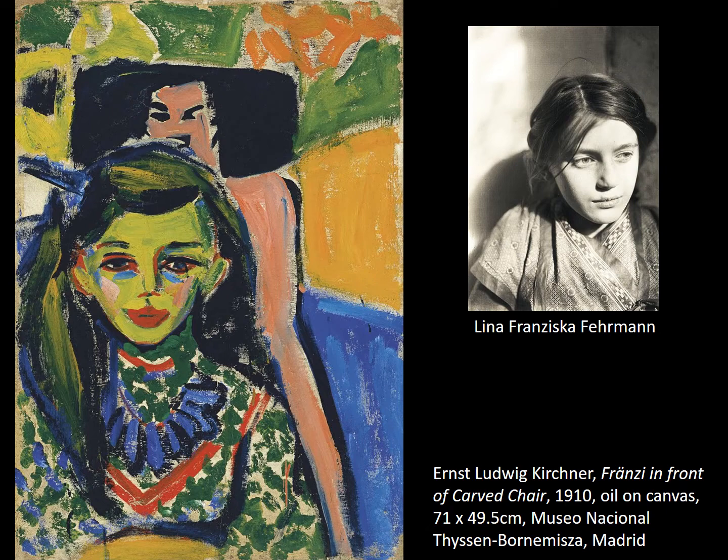Another picture that dates a little bit later gives us more ideas about how Kirchner was working as an artist, and particularly how his studio worked. The picture is called Franzi in front of a carved chair. And this is a girl who, along with another girl whose name was Marcella, started hanging out at Kirchner's studio with Die Brücke artists from the time probably that she was around 8 years old,